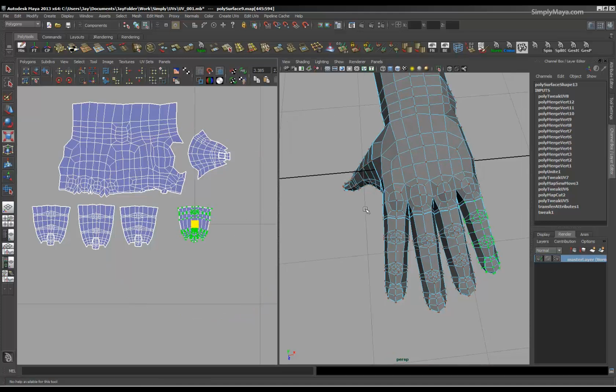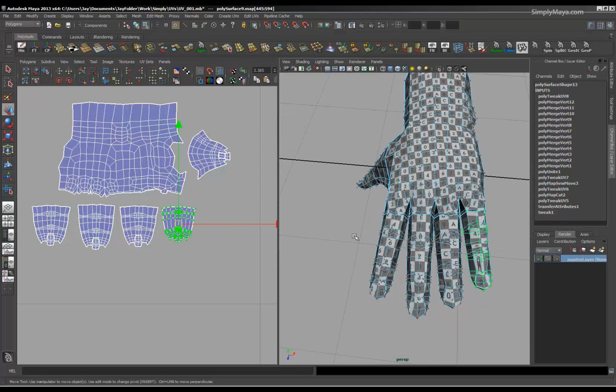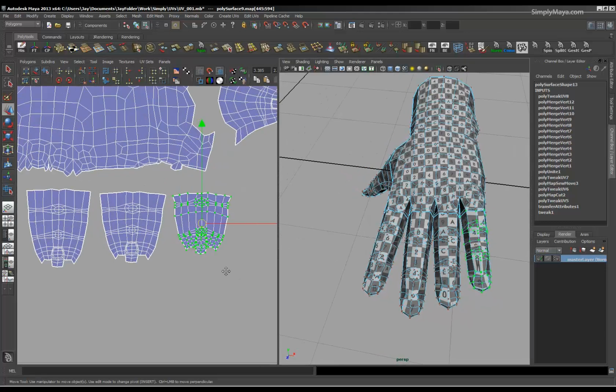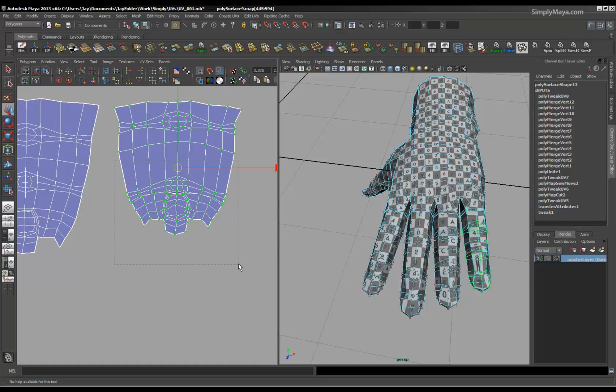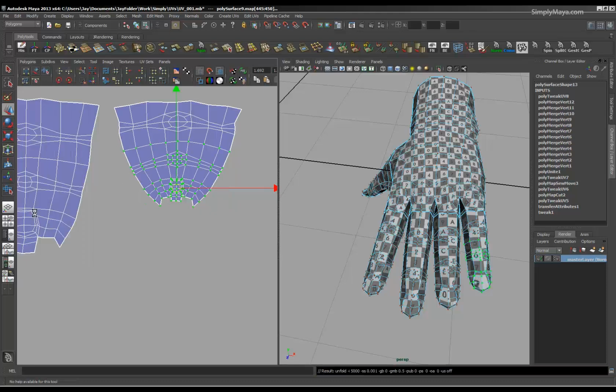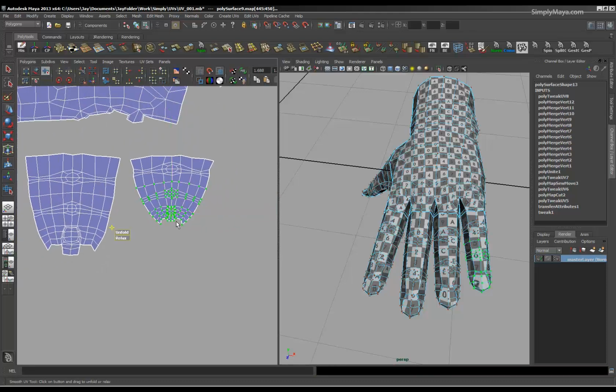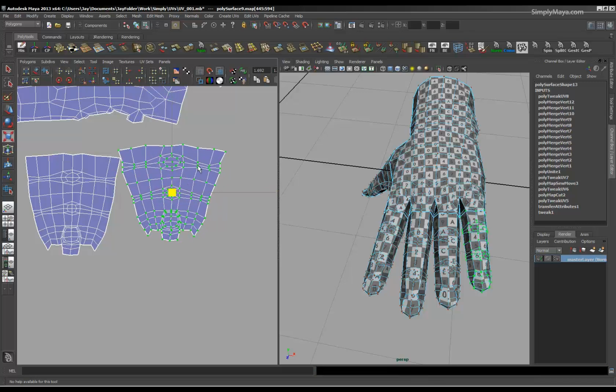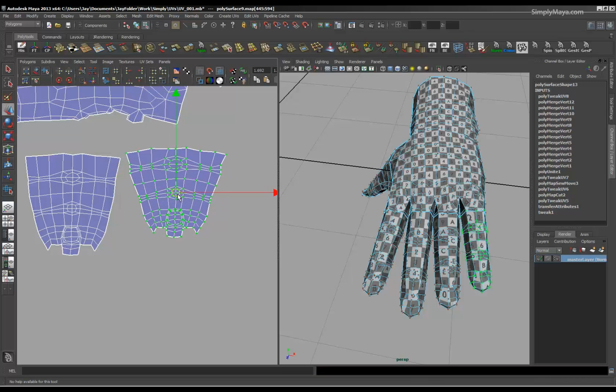Okay, let's just double check. Oh, that's gone a bit strange. So what we'll do, we'll just quickly unwrap that. There we go. That's better. Bit of strangeness there. So just scale that back up. There we go. I do apologise about that. Okay, so